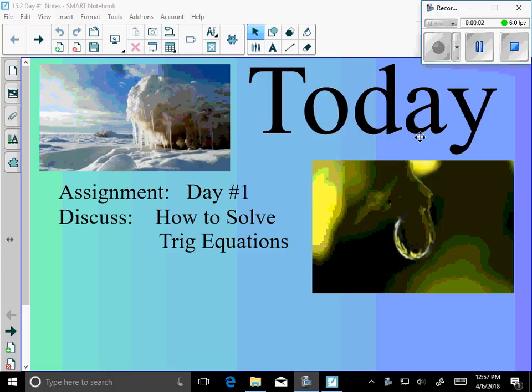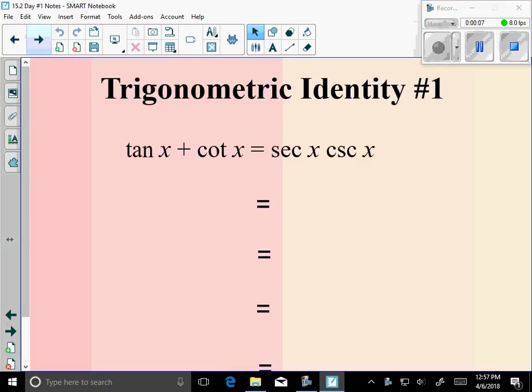All right, 15.2, day number 1, how to solve trig equations. I'm going to skip a couple slides here. I want you to follow along with me. Trig identities, you guys, they're not going away. They're not going away. This chapter will be pretty much,